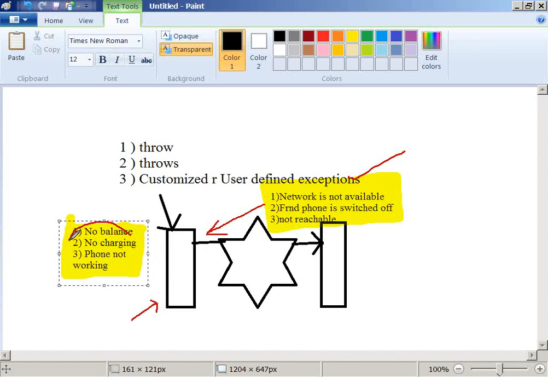In this scenario, the problem is yours, so you will be suffering. That means you cannot make a call. But still your mobile is correct. Your mobile is functioning fine. This is not a problem with your mobile. The question is, it is a problem with the network service provider.